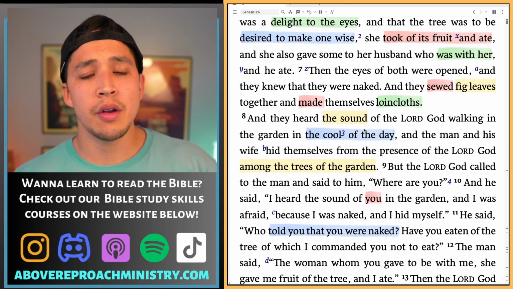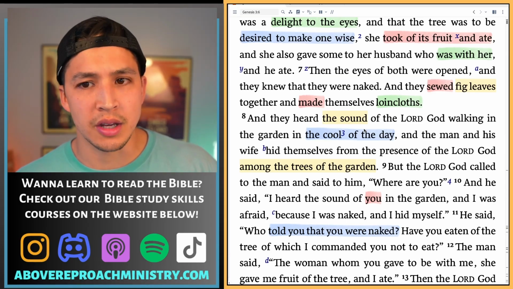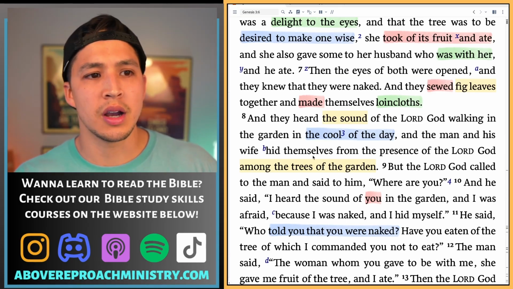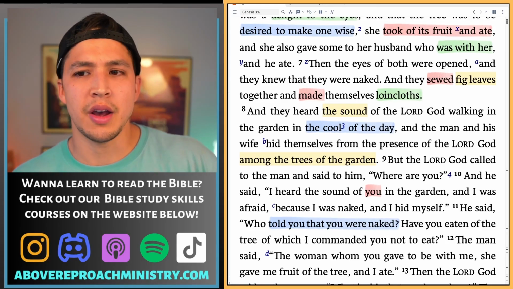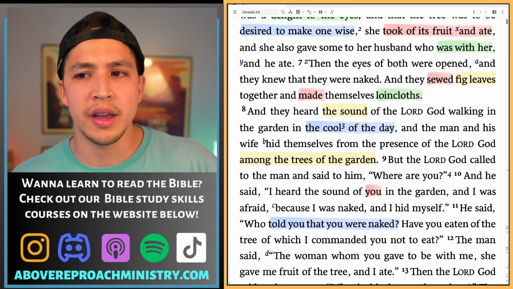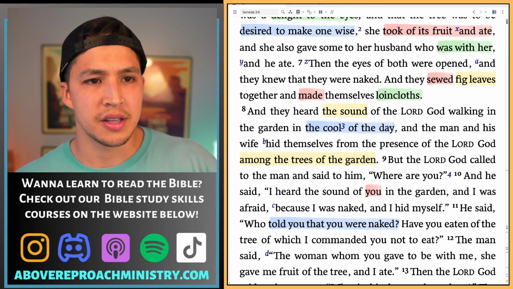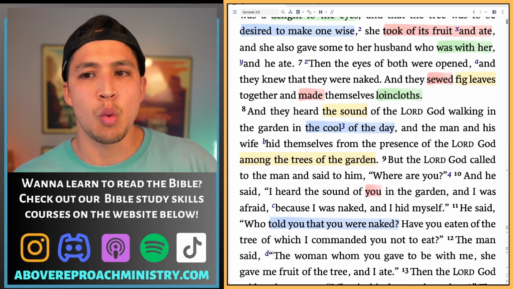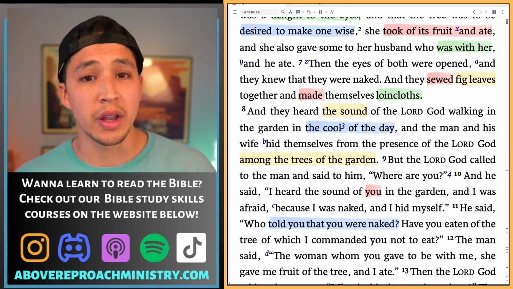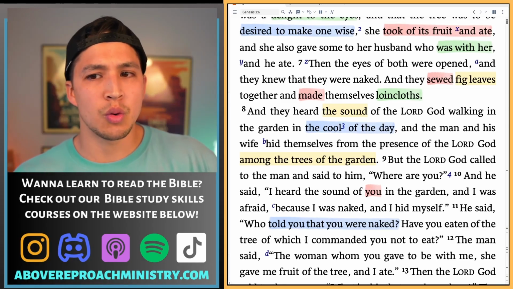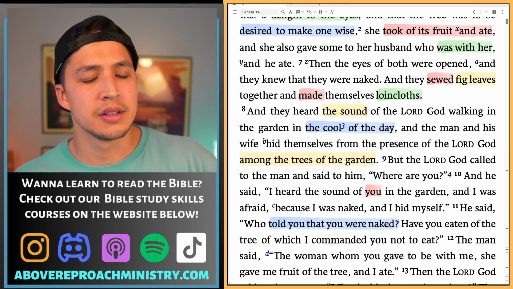And they heard the sound of the Lord God walking in the garden in the cool of the day, and the man and his wife hid themselves from the presence of the Lord God among the trees of the garden. How did they hear the sound of the Lord God walking in the garden? What did that sound like? Why would this have caused a sense of fear in them? Is the sound of him walking related to the cool of the day, which can be translated wind? Where was God walking from? Why was he not with them during these events?